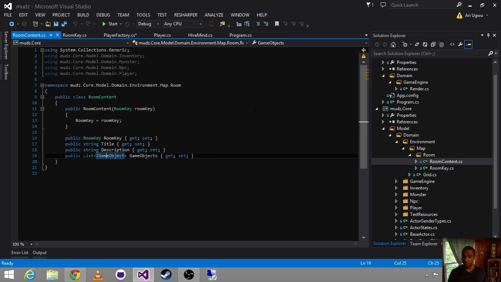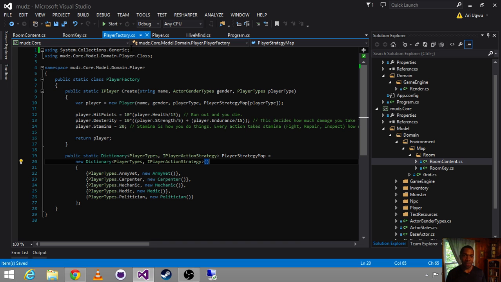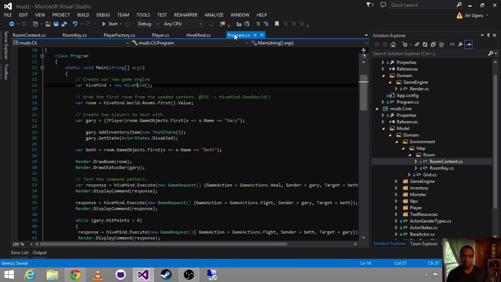This is fine, but if we wanted to really conform to the flyweight pattern, we'd give this a key. So we'd make this a dictionary, and then we'd find the objects by that ID. So let's go ahead and see if that has a place in our world.